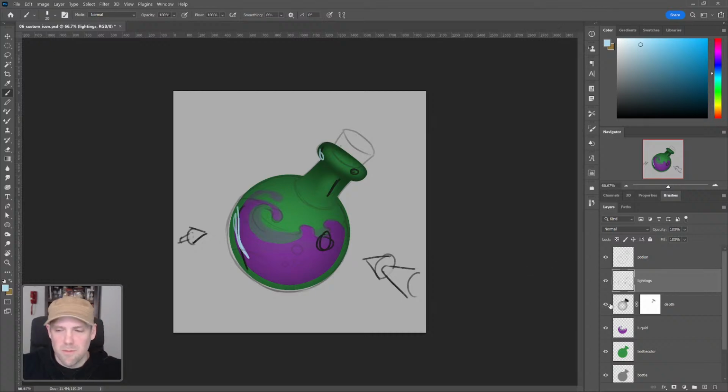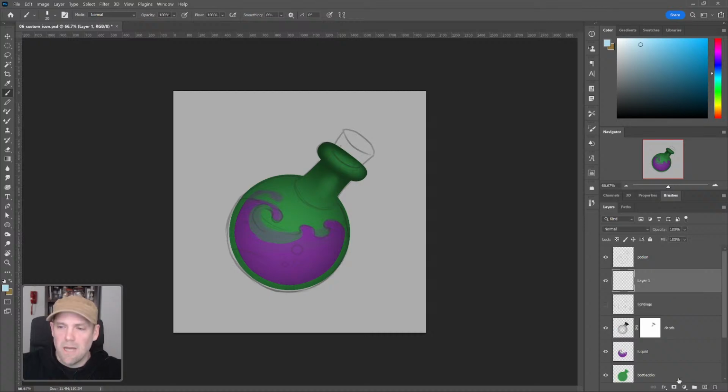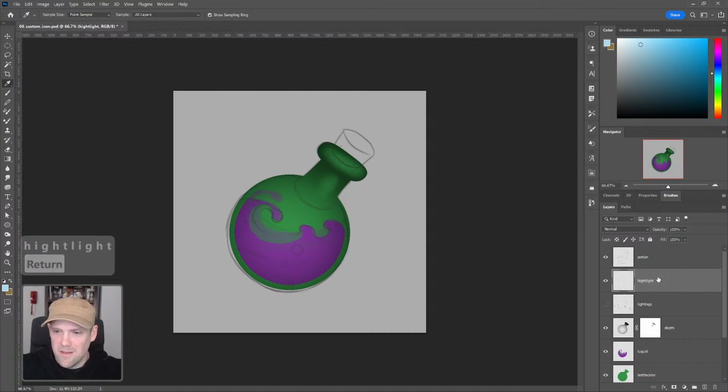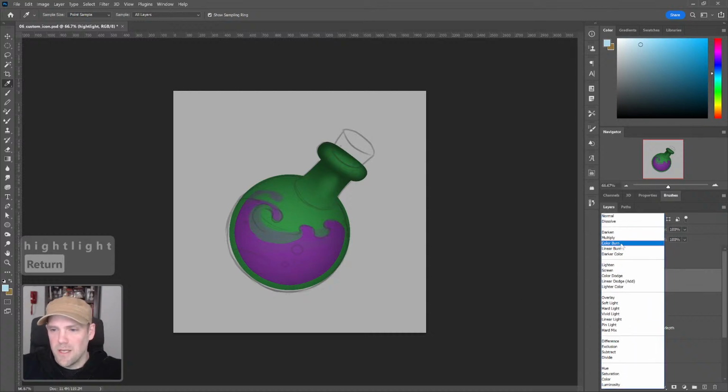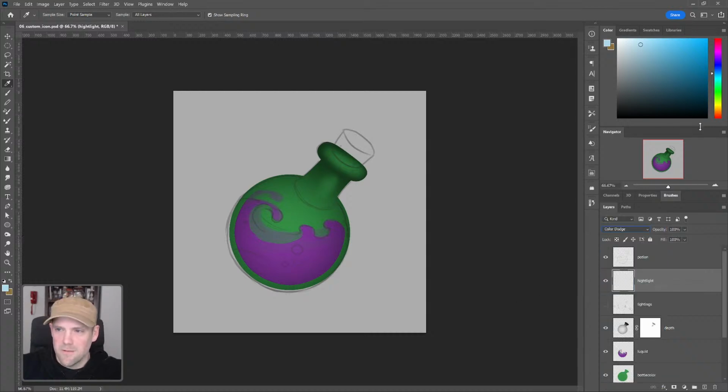But with those notes in mind, we can turn that off. I just wanted to make sure that we've thought about where our highlights are going to go. Now we can add a highlight layer. Maybe we should double click to name it. Highlight, and then I'm going to immediately turn this to a color dodge, and I'm going to select a super saturated